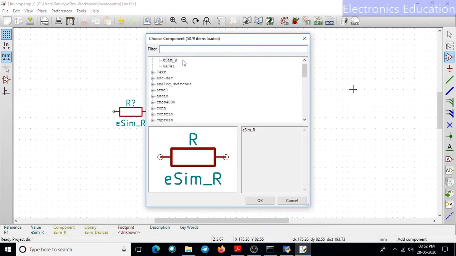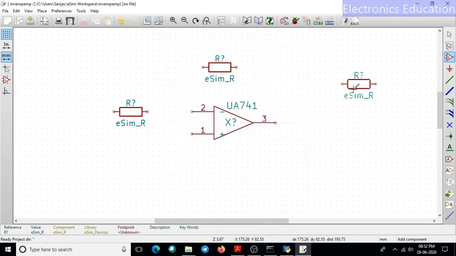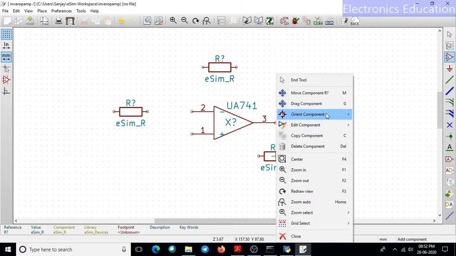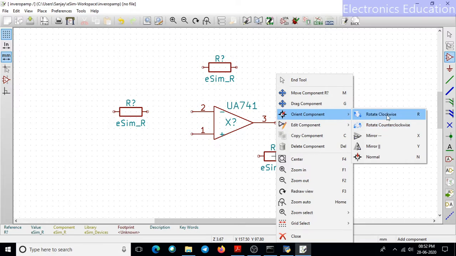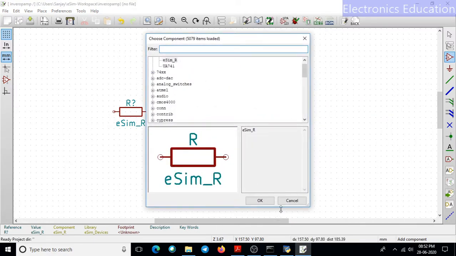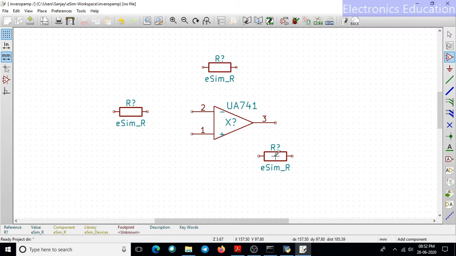Similarly I need one more resistor. I will place it here. Now to rotate this resistor vertically, I will put the cursor on the component, right click it, then orientation. Here I have rotate clockwise, counterclockwise, or simply I will move the cursor on the component and press R. It will rotate my resistor.